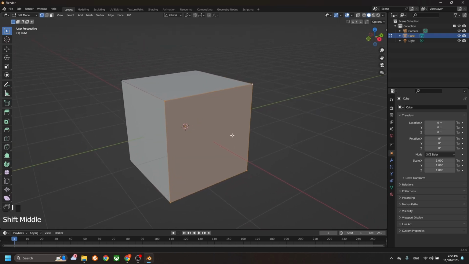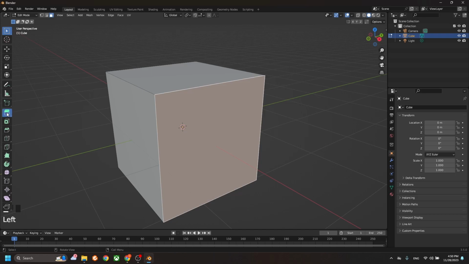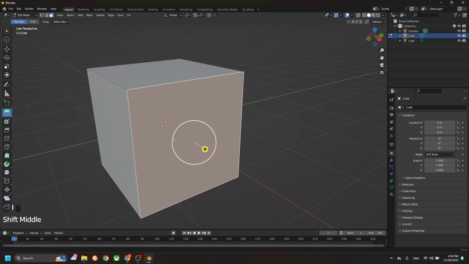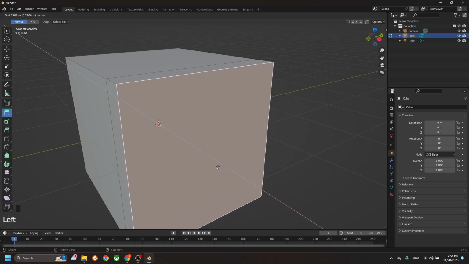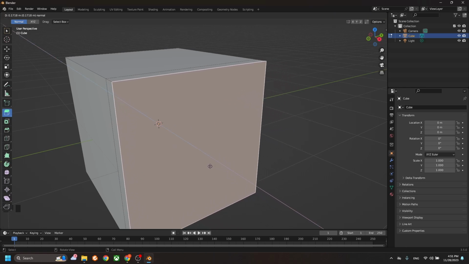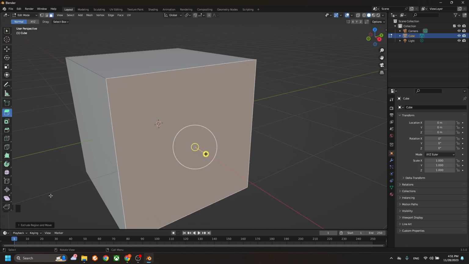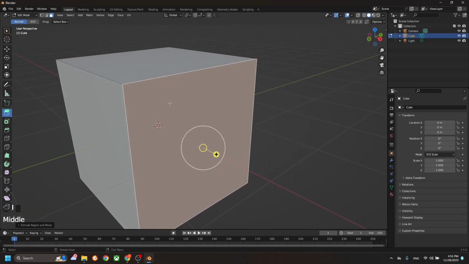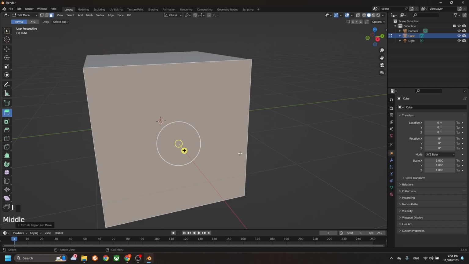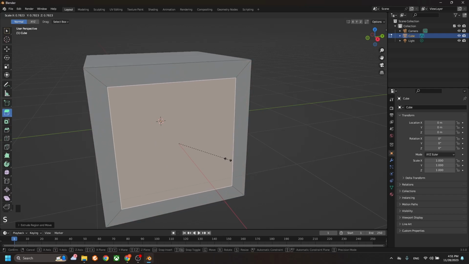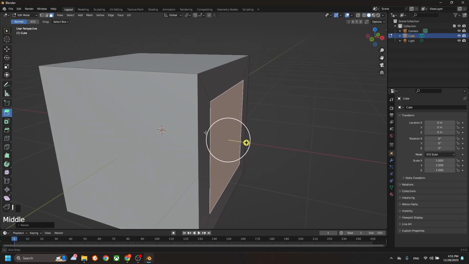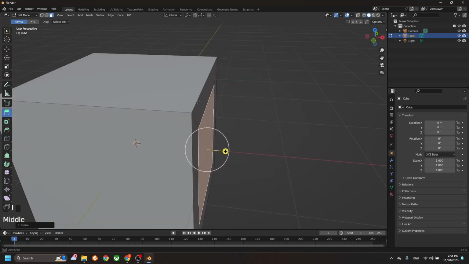Of course, to do that, we can use an extrude tool, which we've covered in the previous video. The link to that will be in the description. So basically, if you select this face, you can either use the extrusion tool or just press E on the keyboard to extrude the face. As you can see, it gets extruded outside of it, for now along the normal. So I can click the right mouse button and it will snap back to where it was before. Of course, the extrusion still happened, so I can just scale it down via S. As you can see right now, we have a perfect insertion of a new face just inside